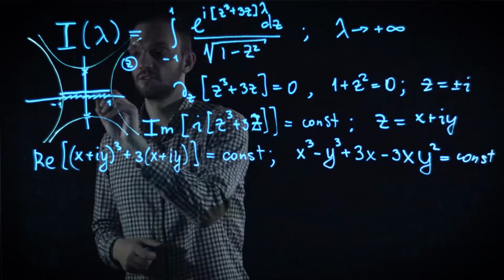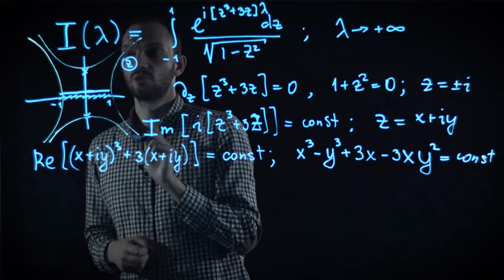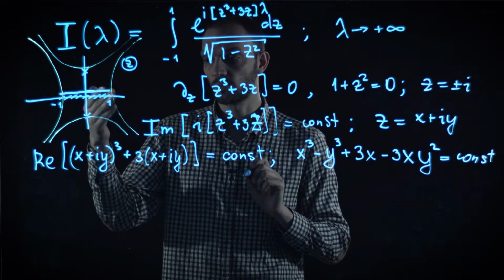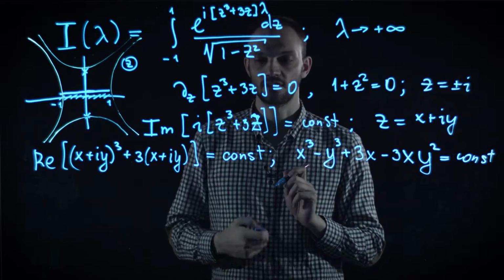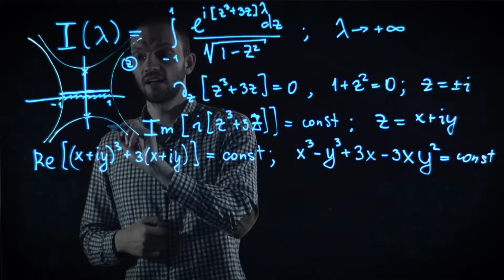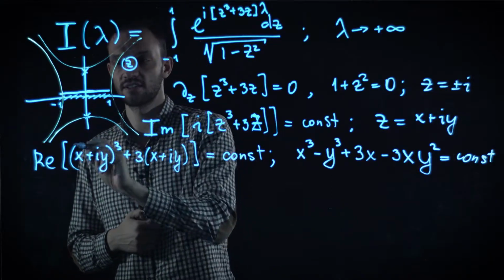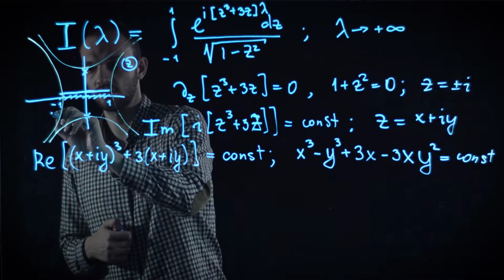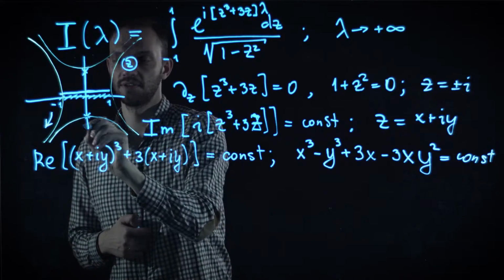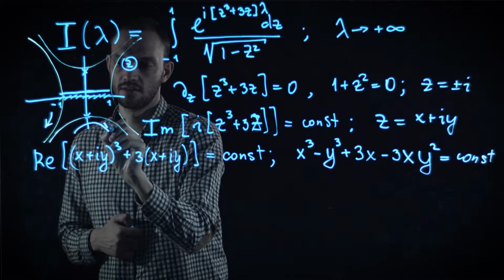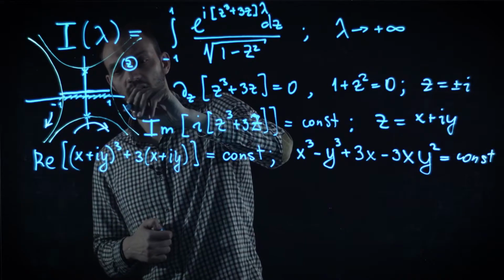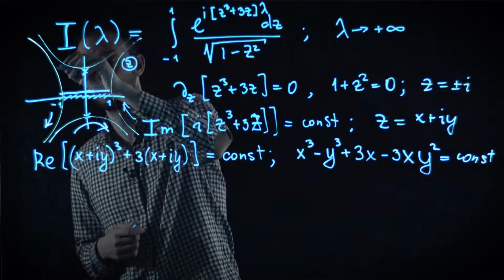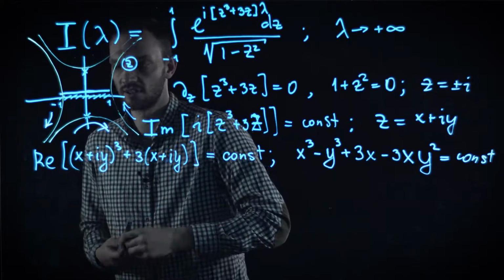And now we need to deform our original integration path to a set of paths which coincide piecewise with these constant phase lines. There are actually two ways to do this in this particular case. The first way is to start from -1, go to -infinity like that, and finally like this. And there is of course another way. Let me draw it in some different color.